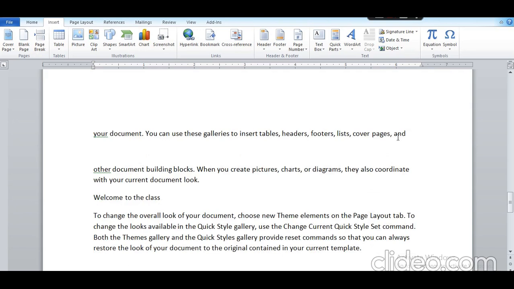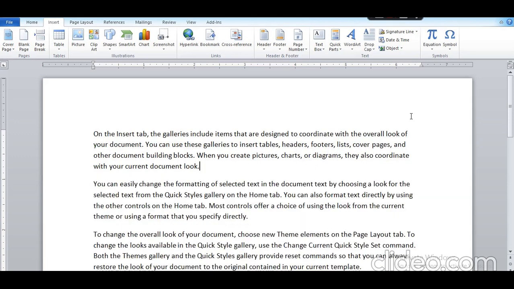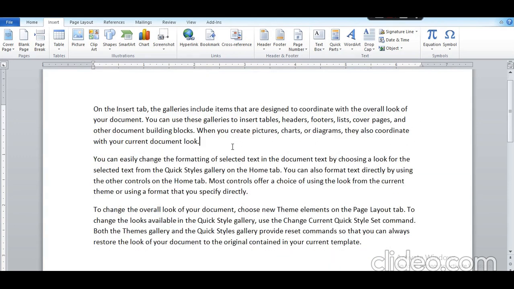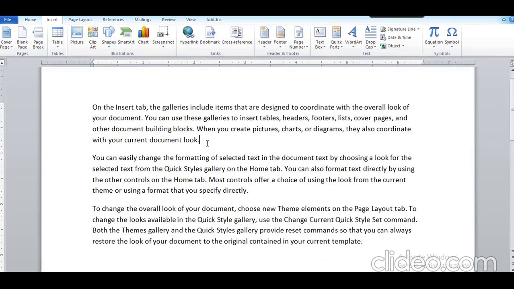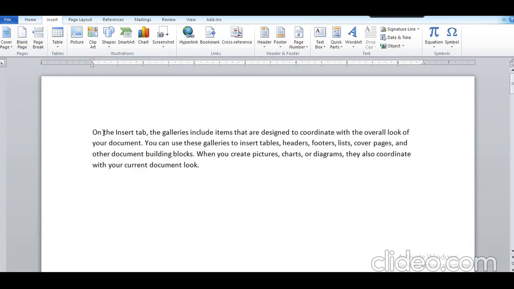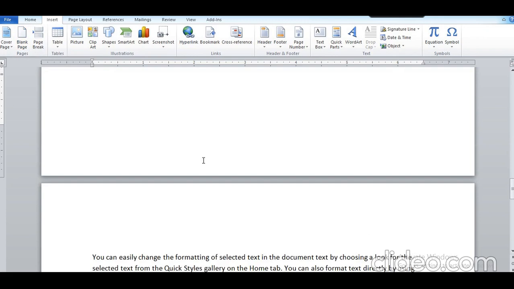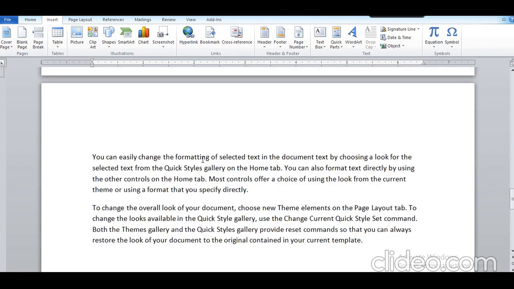Again I will tell you, I want to insert. Now look here, this is our original document. Now I want to insert a new blank page after the first paragraph. Put the mouse after the paragraph. Then click on the Insert tab on the ribbon. Choose the option Blank Page from the Pages group. A blank page gets inserted after the first paragraph. You can see here, after the first page a blank page gets inserted and the rest of the data gets shifted to the third page of the document. I think all of you are clear how to insert a blank page in your document.